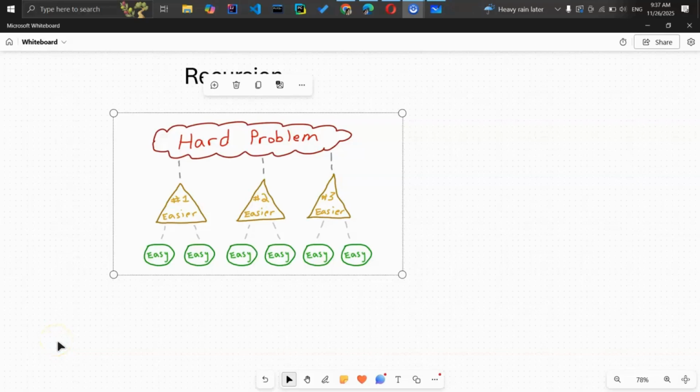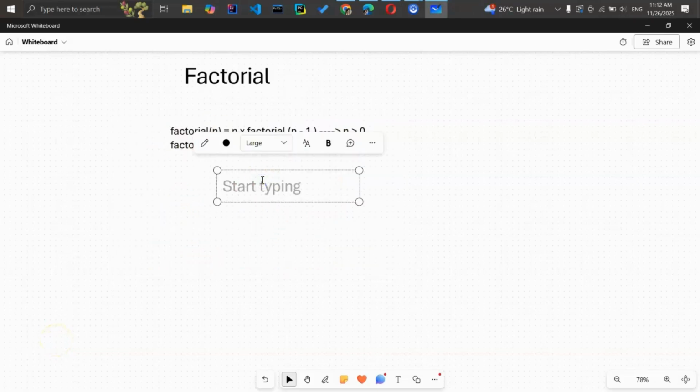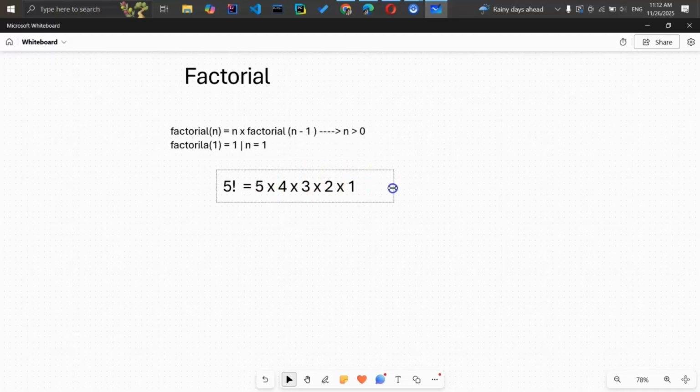Let's continue recursion. I take the factorial 5 for the example, right? Normally we represent a factorial like this, right? Normally how can we represent factorial 4? Factorial 4 equals to